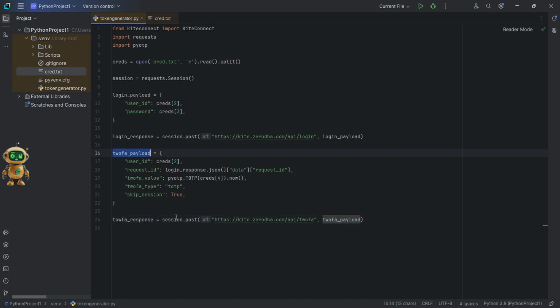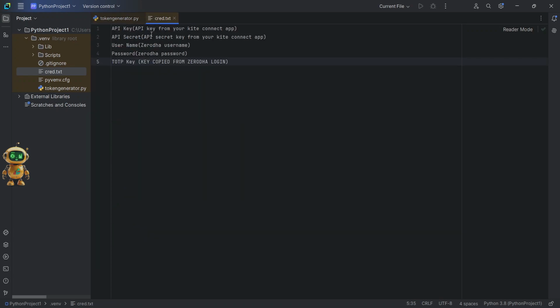We will save the response to 2fa_response. We will create a kite connect object with the API key from the credentials file.